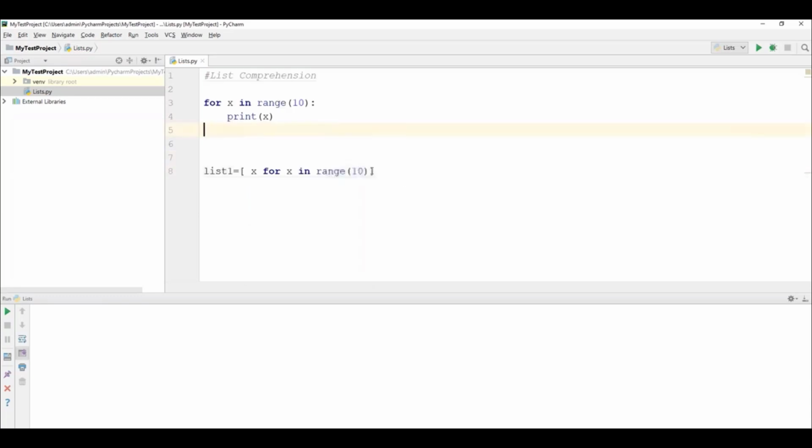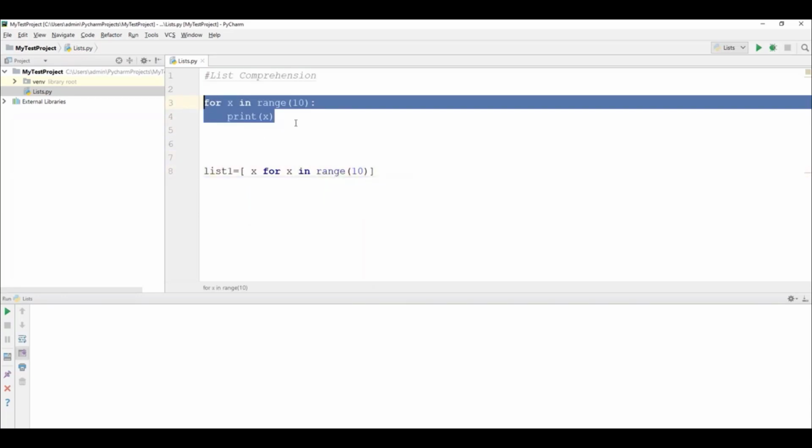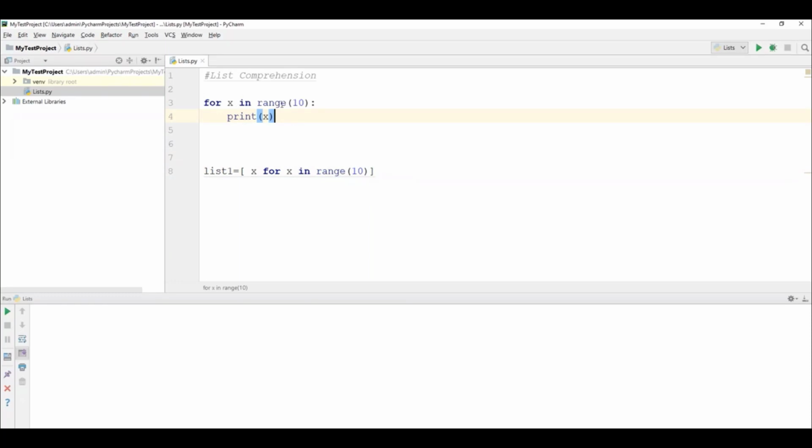So before going to this, let me just understand this part. So what will this do here, for x in range 10? What it means is, first it will start from 0 till 9. All the numbers will keep on ascending to x, and the x value will be printed. First the x value will print 0 and then 1, 2, 3 and it will print till 9. Right? Let me just test it. So put the comment here. When I run this, it will print 0 to 9.